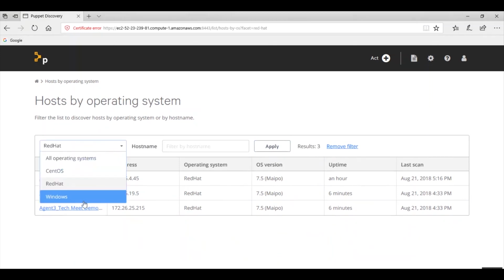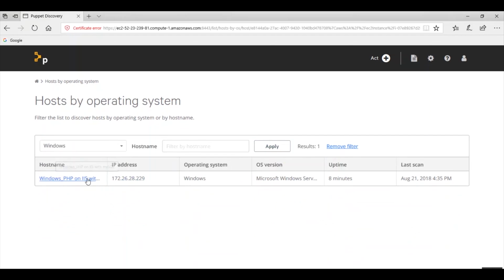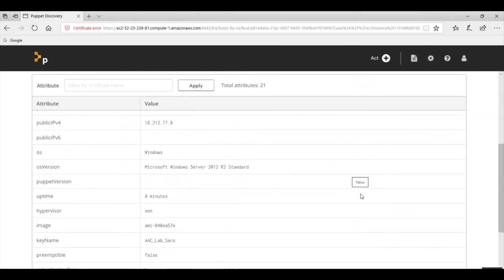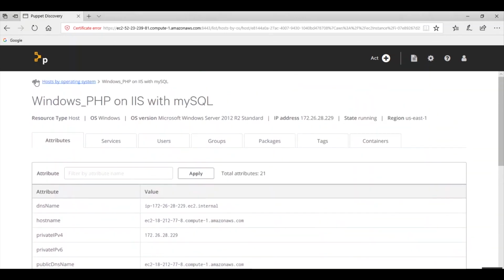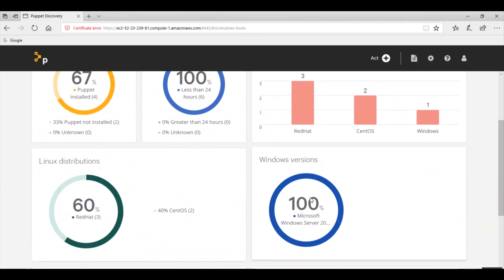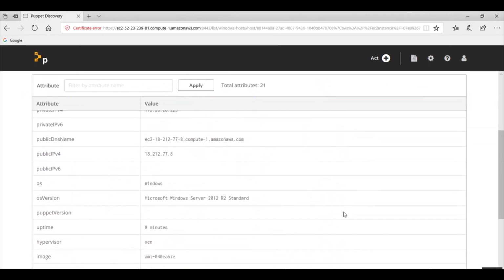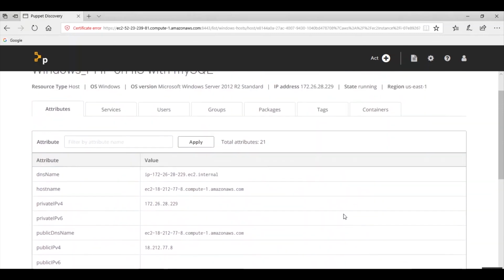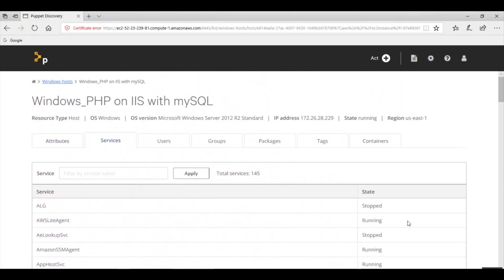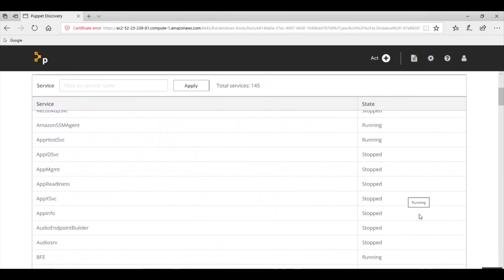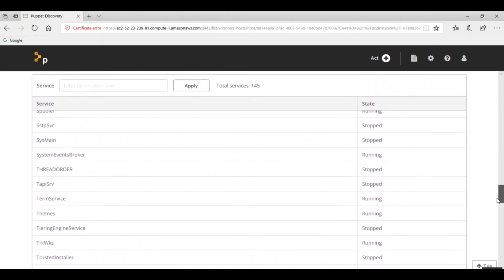Then you can filter Windows. Either I go through Windows from here, or I go through my Windows one from here, since I have only one host with Windows. This is what we're going to see. Some attribute metadata about my host. Then we can look at the services that are either stopped or running. It's going to show all the